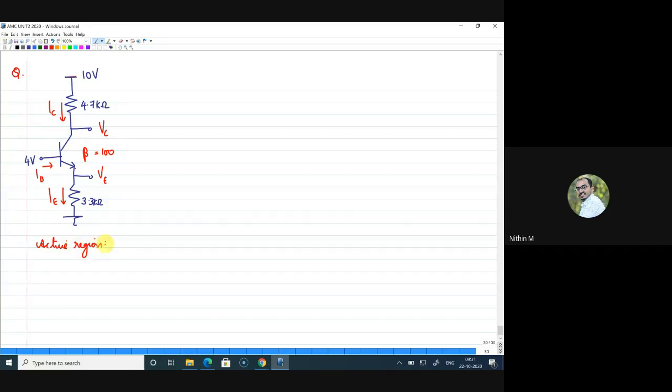I'll just look at the conditions given. To the base you can see 4 volts, and your emitter is grounded through a resistance of 3.3. So likely the VBE junction will be forward biased, and you can see the collector is at a higher potential compared to the base. So definitely you have a VBC of approximately some value. So assume the active region, we will do the calculations, and at the end we will check whether our assumption is true or not. All right. So go ahead and find this out, and then we can discuss the questions.